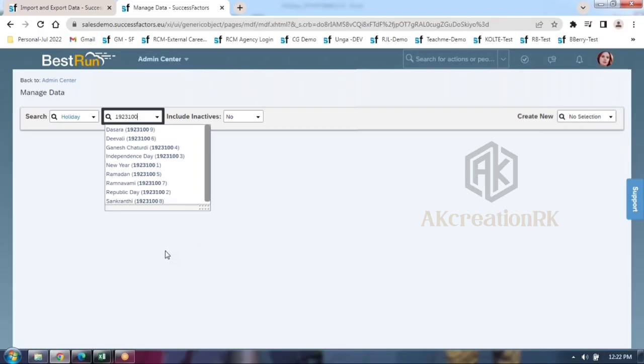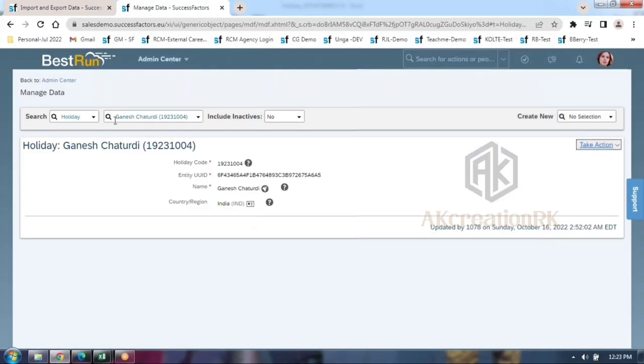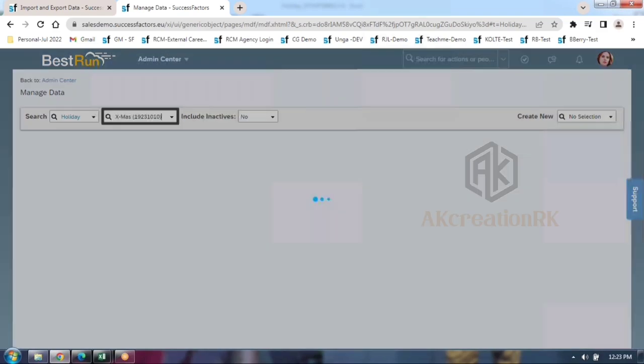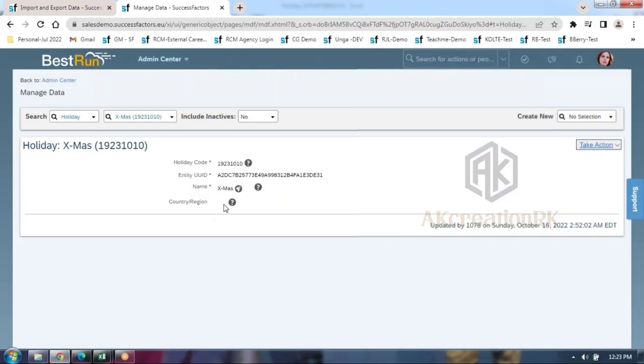The remaining 8 holidays, 3 to 10, we maintained via automation, nothing but via template. See, for example, if I go by Ganesh Chaturthi, you can see country India. In the same fashion, if I go by another one, now see, no country specific over here. This is the concept, right?